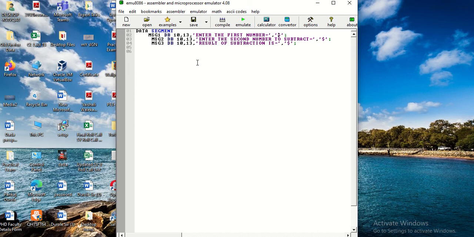And in all the three different messages, I'm taking a separate dollar symbol in single quotation, which is again used for coming to a new line.